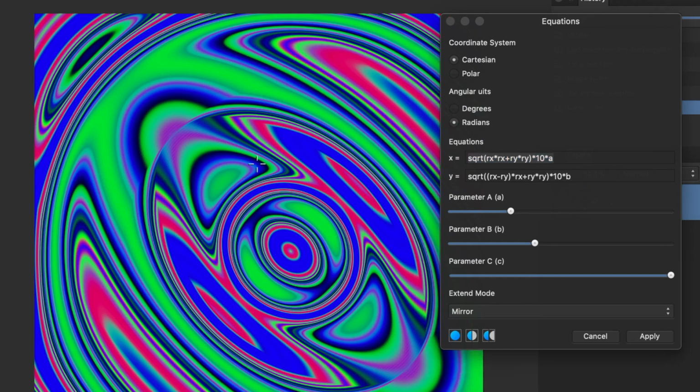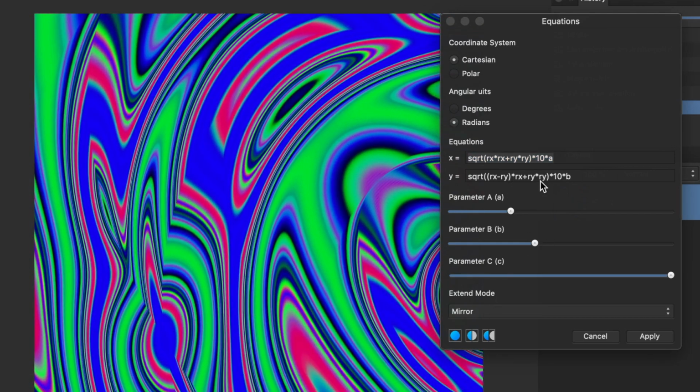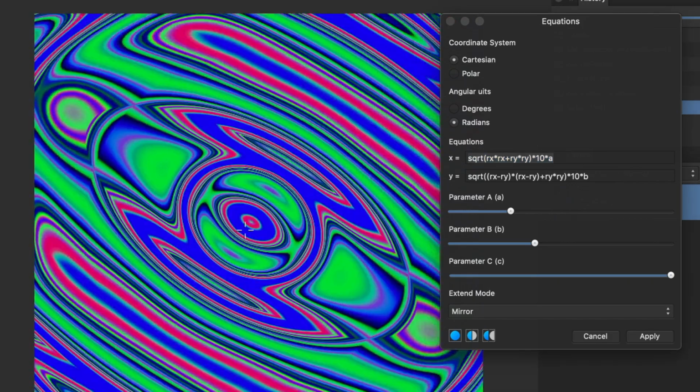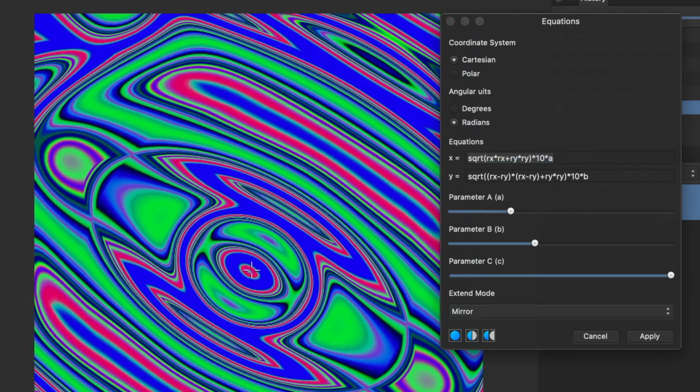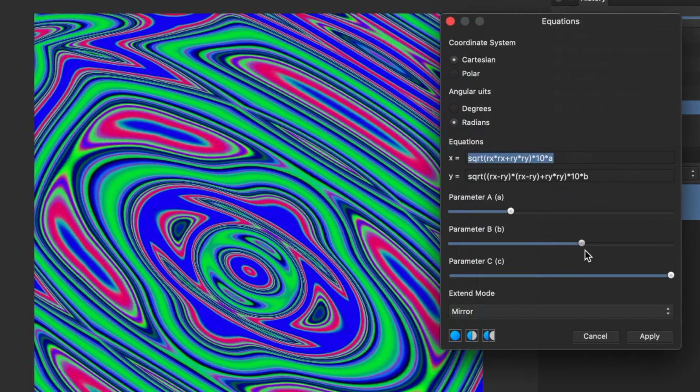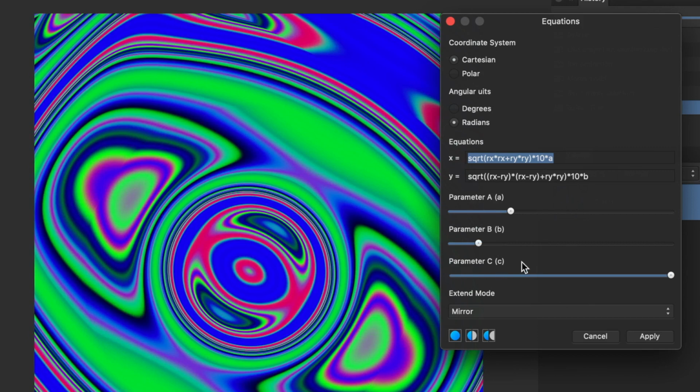The result, not a circle anymore. The Rx minus Ry brings a diagonal effect into the equation. Go to the parameters and experiment. Sadly, there is a limit to the number of parameters, but you can always add constants at any point, say 0.2 times Rx, etc. Go to the Y field and put a C times in front of the Rx